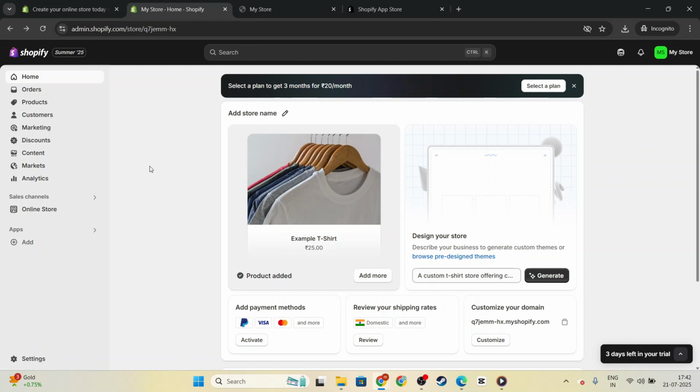With this simple process, you've successfully changed the language settings on your Shopify store. This setup not only helps you cater to a wider customer base but also enhances the user experience by making your store